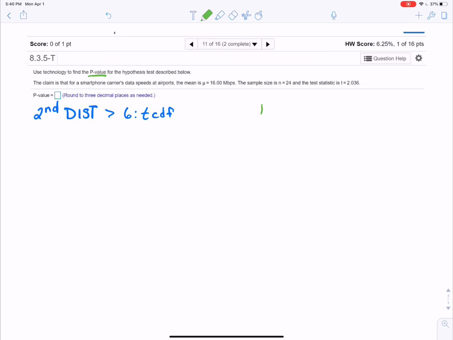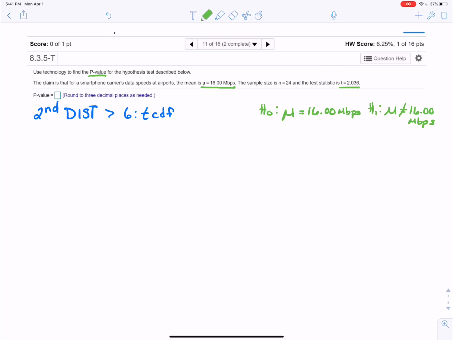So if we're thinking about our null hypothesis and our alternate hypothesis, the thing that we're actually claiming is that our mean is 16 megabits per second. So that means our alternate is that it's not. So if it's not that amount, that's when we use our not equal to. So if we try to think about what's going on here, they tell us that we have a test statistic of t equals